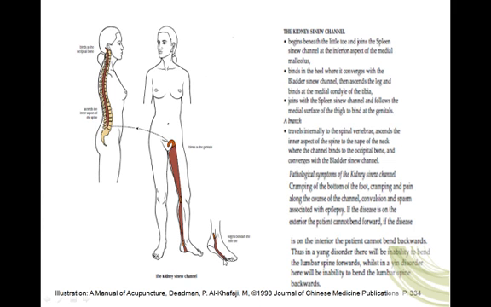It moves across the plantar surface of the foot and behind the medial malleolus, binds in the heel where it meets its paired urinary bladder sinew channel, then ascends the legs, the medial aspect of the leg, binds in the area of the popliteal crease, and then ascends the posterior medial aspect of the thigh and binds